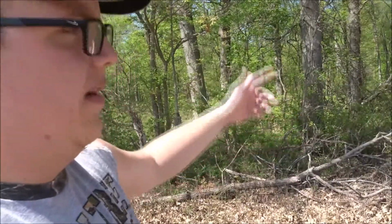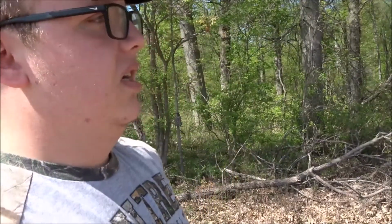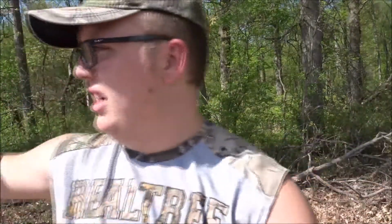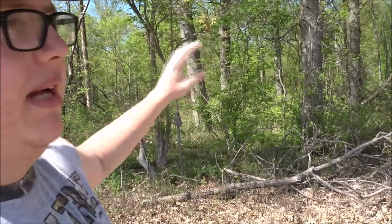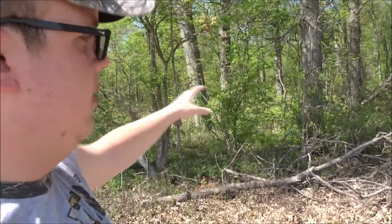I like walking up this fence line looking for tracks. During the rut, I'll be looking for rubs, scrapes, anything like that that lets me know there's deer on the property, and I'll set a camera, because this field, along with a few other surrounding fields, are the only food source they have. This field and this spot of woods don't have any food plots or anything like that. So even though I'm not allowed to go on that property or hunt that property, I can still walk up this line and scout for good